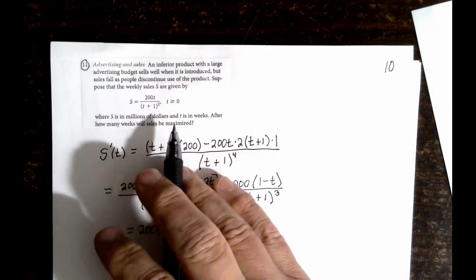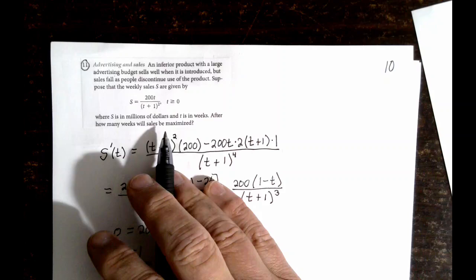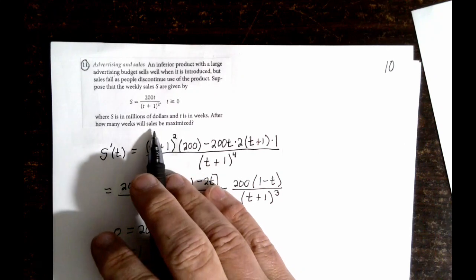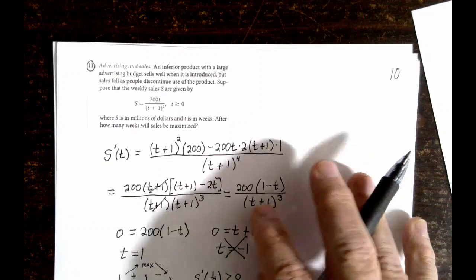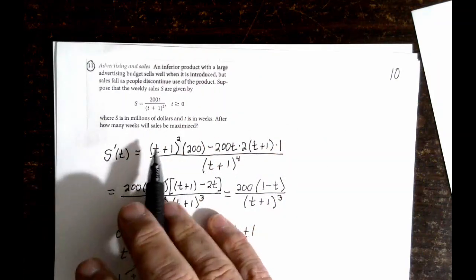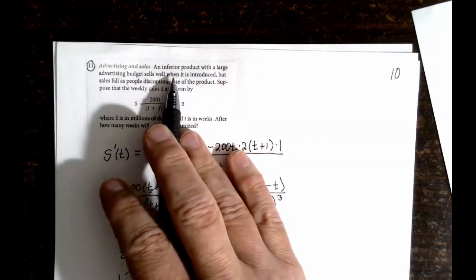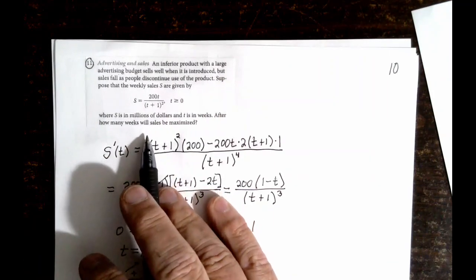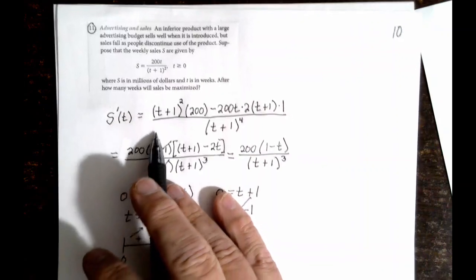11 talks about advertising. It says an inferior product with a large advertising budget sells well when it's first introduced, but the sales fall as people discontinue use of the product because it's inferior. S is your weekly sales, and T is the number of weeks since the